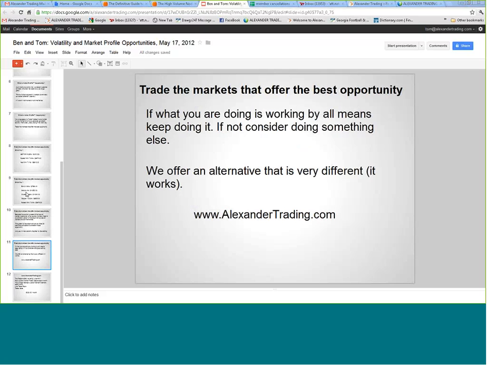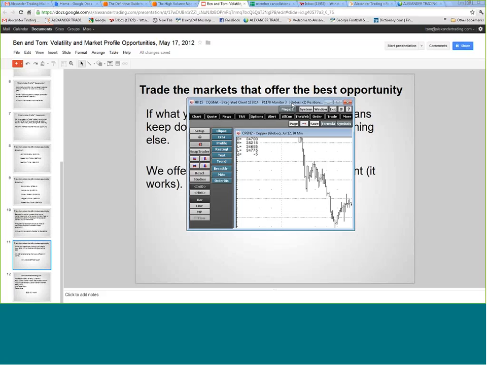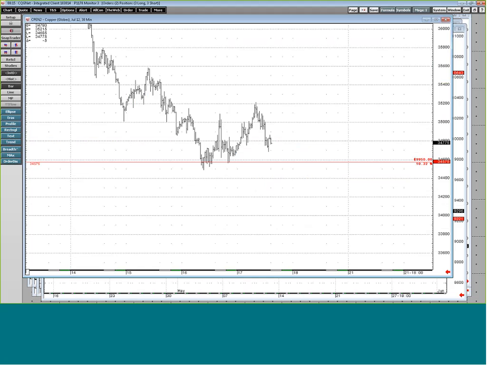Okay, we've got a few more minutes, Ben, so I'm going to go through some of these charts of these trades that we discussed. No problem. Let me jump in real quick while Tom pulls up the chart, guys. I want to make it clear that this is,